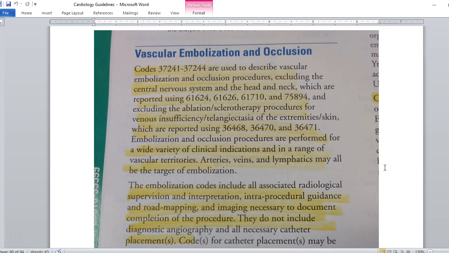So now we get to vascular embolization and occlusion. Now, codes 37241 to 37244 are used to describe vascular embolization and occlusion procedures excluding the arterial system of the head and neck, which are reported with those specific codes, and excluding the ablation and sclerotherapy procedures for venous insufficiency, telangiectasia of the extremities or skin, which are reported using